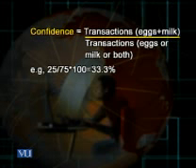When we take the ratio of these two things, the result we get is confidence. For example, there are 25 transactions in which eggs and milk are sold, and there are 75 such transactions in which either eggs or milk or both are sold. When we divide 25 by 75 and multiply with 100, we get